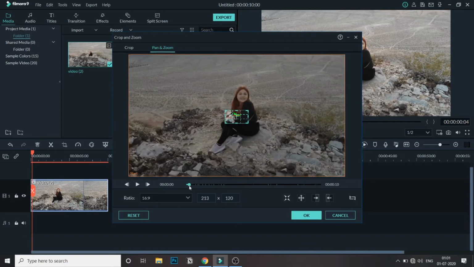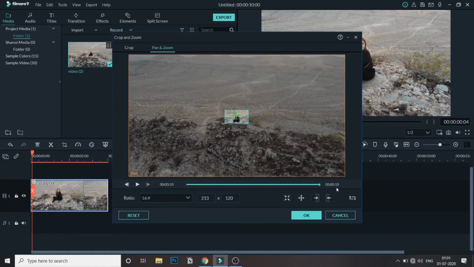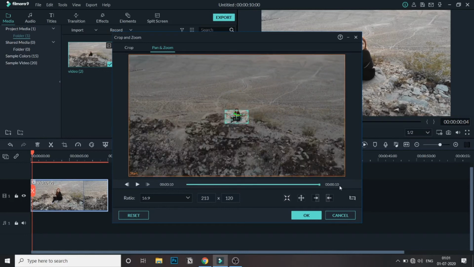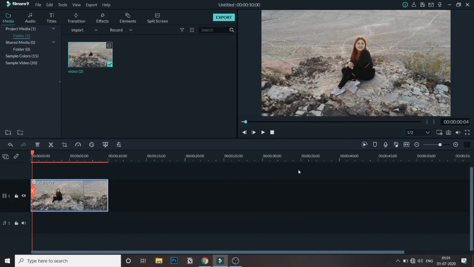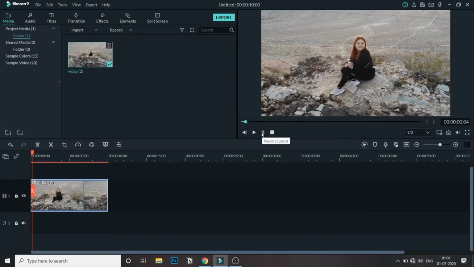Make sure this is almost the same as this length, that is the beginning. So we'll go to the end again. I guess we are almost there, that same amount, a little. And make sure this is aligned in the center so that it really gets this effect. So let's click OK and let's see if we're able to create it.